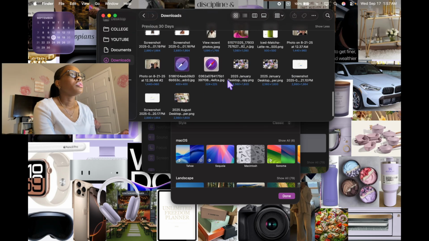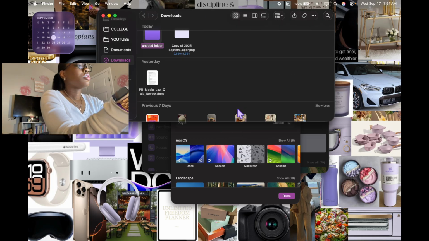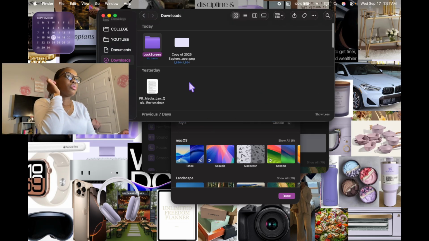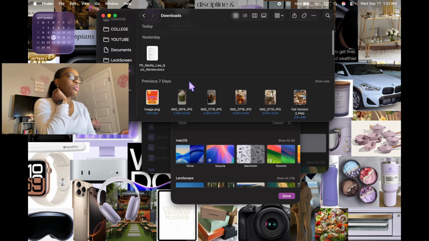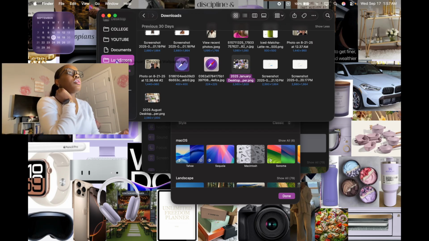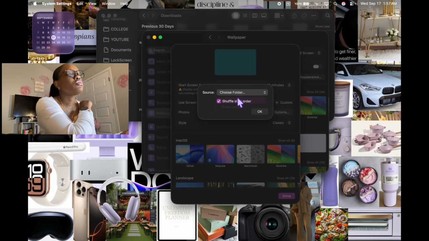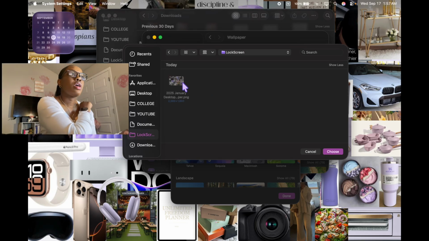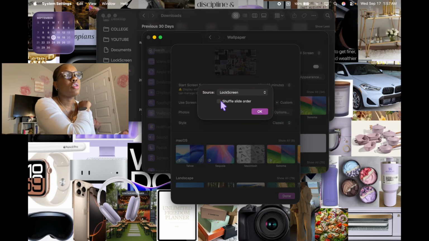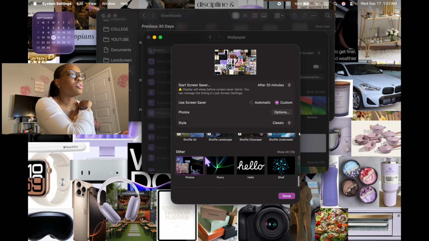Okay, lock screen. So we're gonna make a new folder and do lock screen. Oh my gosh, I forgot the folders could be purple too. That is so cute. Wow. Okay, I'm gonna delete that one because that's gonna get on my nerves. And lock screen. Now from here, let's go back to photos, choose folder, and we're going to do lock screen. Choose shuffle slot order, no. Lock screen is set, and then my wallpaper is going to be